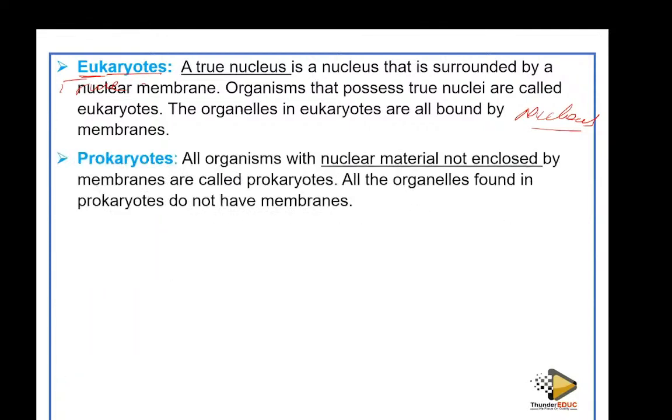second group, which we call the prokaryotes. Prokaryotes are organisms which do not have a true nucleus. Their nucleus is not surrounded by a membrane. You see, if a cell is like this, this is the nucleus. You see, it has what is called a nuclear membrane. But prokaryotes, they don't have that. The nucleus is not surrounded by a membrane. It's not enclosed. Actually, in science, when you say pro, it means before. Before the karyote, before the true nucleus,